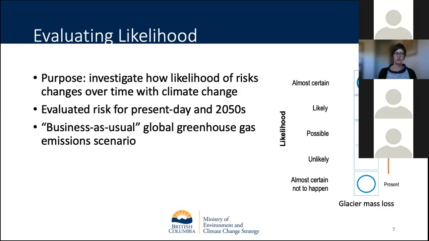And I should say for all of these risk events, we analyzed information based on a number of things. It was largely a desktop study where we looked at the available literature, both peer-reviewed and grey literature, expert input and review, and we conducted a couple of workshops where we had experts in the room to help inform the assessment of these risks. Okay, and you can see the likelihood rating scale there, from things that are almost certain not to happen right through to almost certain to happen by the 2050s.